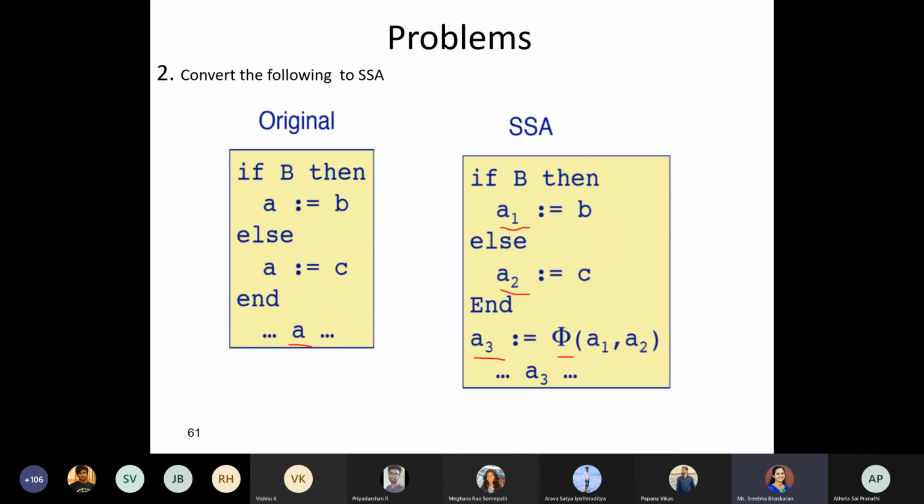Similarly here, in the if part A is getting updated with a new value, and in the else part also A is getting updated with a new value. So whenever there is an updation, the algorithm just increments the value. It doesn't know whether you are traversing through the if part or the else part. That is the reason, once you come out of it, whether you updated it using the if part or the else part, we use this phi function.